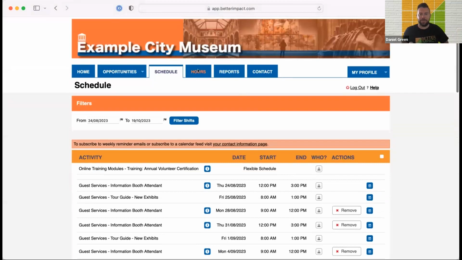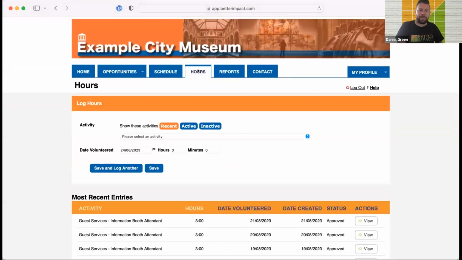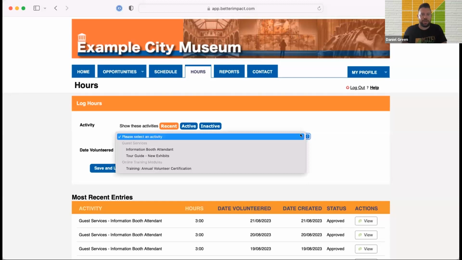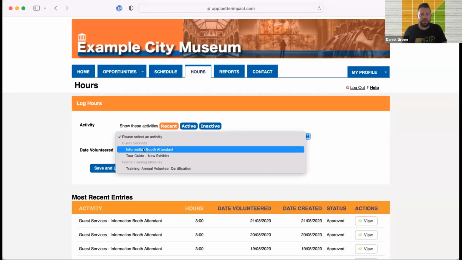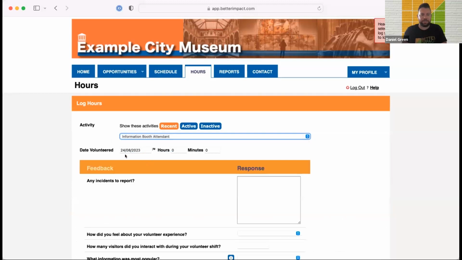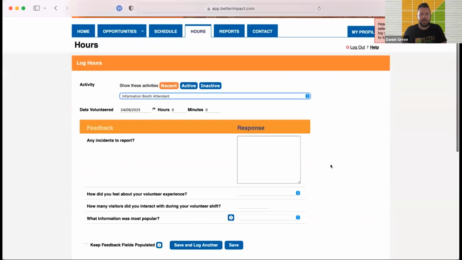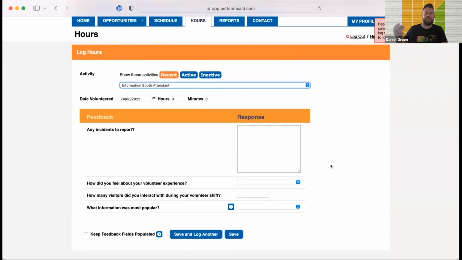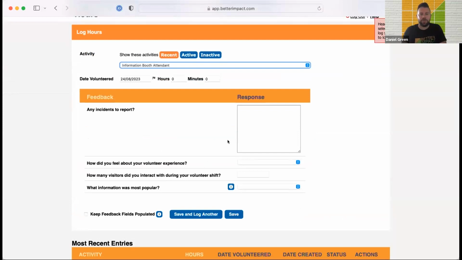This tab here, hours, this is where the volunteer will actually log their hours and any feedback required. So in order to do this, let's say I've just come back from an activity. I'd like to log my hours. Let's just choose the information booth attendant, select the activity, put in the date I volunteered along with the hours and minutes. And then as you can see, if you have added feedback fields to this activity, it will pop up here and prompt you to leave any feedback for this activity. There we go. We've got long text box,